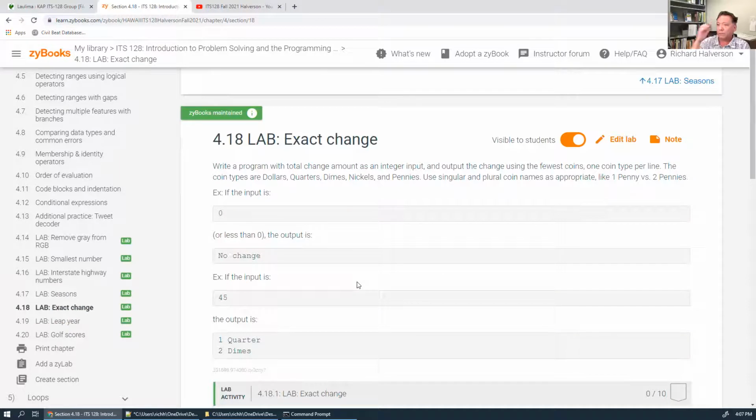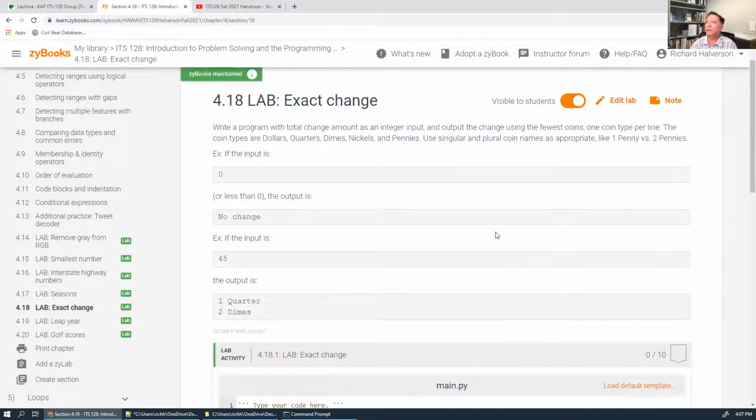Exact change. Okay, write a program with total change amount as an integer input, and output the change using the fewest coins, one coin type per line. The coin types are dollars, quarters, dimes, nickels, and pennies. Use singular and plural coin names as appropriate. In other words, say 1 penny versus 2 pennies. Okay, so